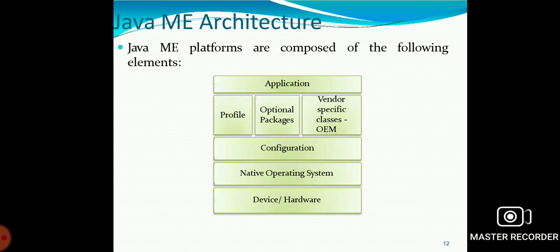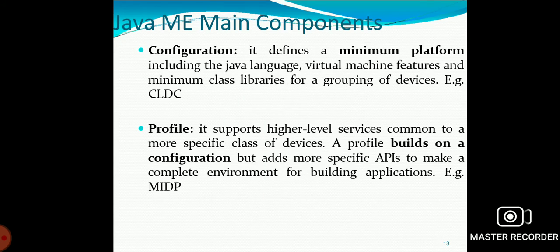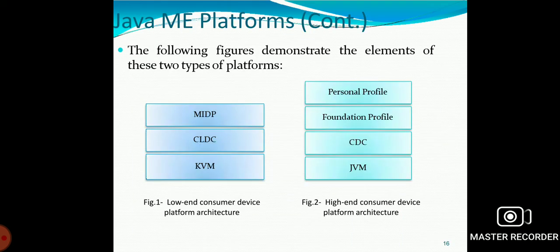And now we have to discuss the elements of the Java ME platform. There are two types of platforms. There is a low-end customer device platform, such as cell phones and pagers, and high-end customer devices such as TV set-top boxes. And so the low-end customer is one of the middle range of the software field to implement the